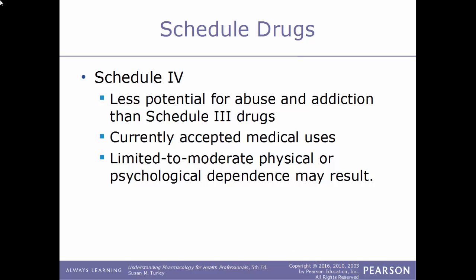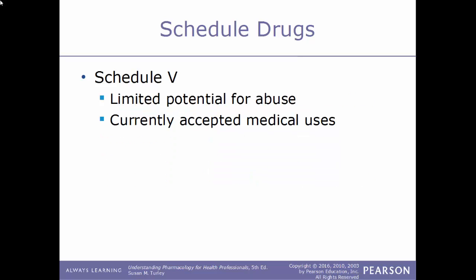There are currently accepted medical uses for this class, and these have a limited to moderate physical or psychological dependence that may result. Some examples here: Ambien, Ativan, Valium, Xanax. And then Class 5, a limited potential for abuse, and these have currently accepted medical uses. Some examples here would be Robitussin, Lyrica. So the lower the number in these scheduled drugs, the higher the potential